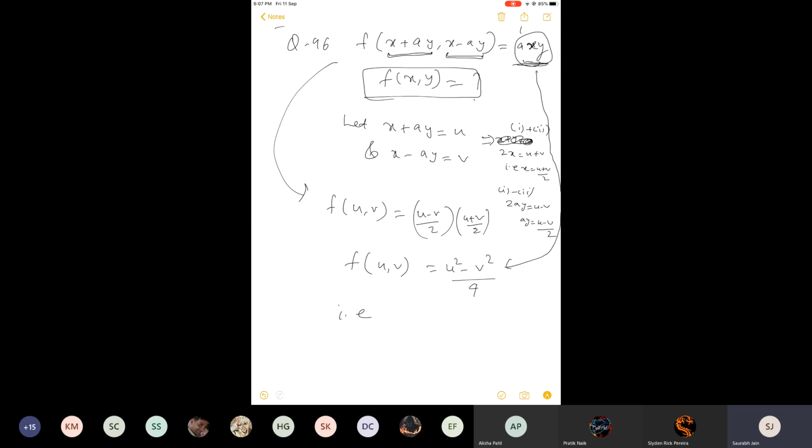Because now we have changed the appearance of the question from here to here. The question has changed. Now it is in terms of u and v, and the expression is also different. So it doesn't matter whether I put a and b in place of u and v, or I put x and y in place of u and v. Now everything will change according to this rule. So if I put x and y on the LHS, it will become x square minus y square by 4 on the RHS. This is the explanation. B will be the answer.